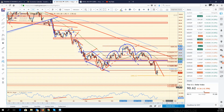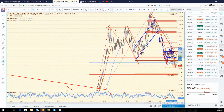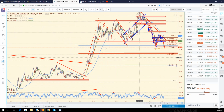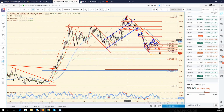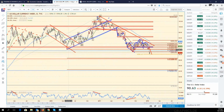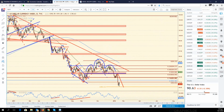And the second area, if we actually broke below it, is the area around 88.5. Why? Because there we find, first of all, the 61.8% correction, the 61.8 fib from the lows that the dollar made in 2014 until the highs of the bull run. And we also find the 127% extension of the last bullish leg higher of the dollar. So if we actually fail to rebound from this level, which being honest seems quite possible,